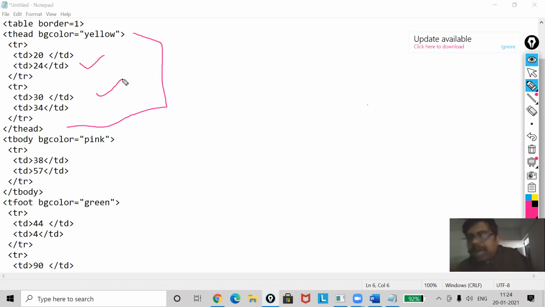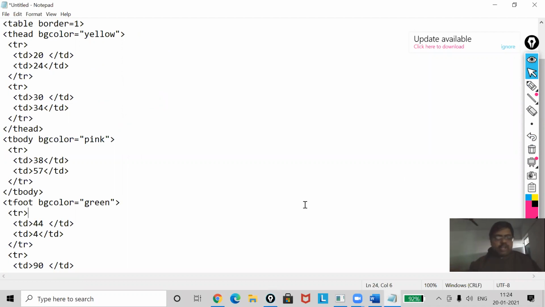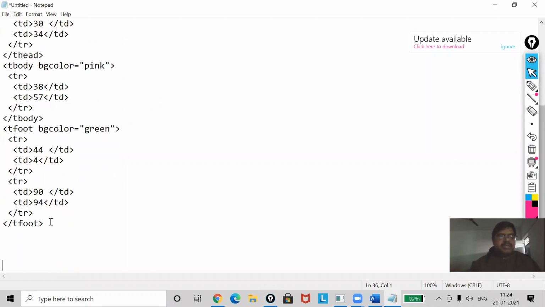Okay. Now I'm going to run it. But before running, I must have to complete the HTML document. /table, /body and then /html. Now I'm going to save it.